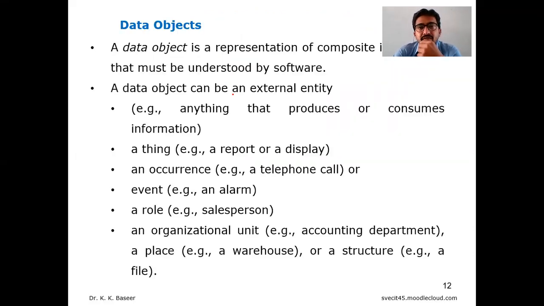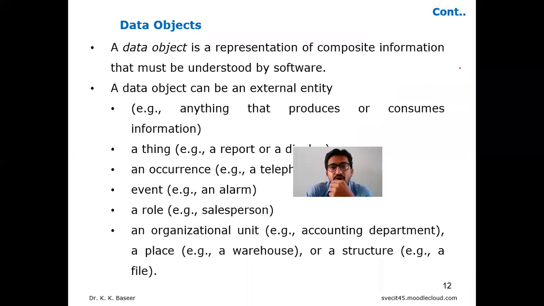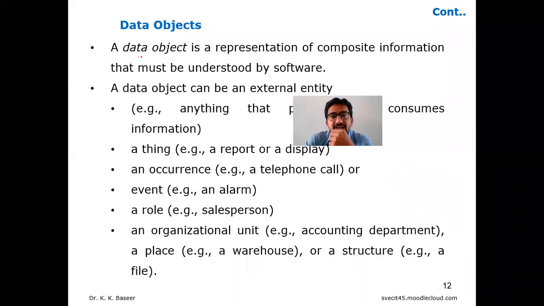So we'll go for the first, data object. As you studied in object oriented programming, an object means what? Simply, an object means an instance of a class. Now here we call it a data object. So we are just replacing the class; instead, it deals with the data. It points out the data.